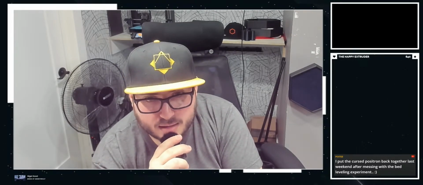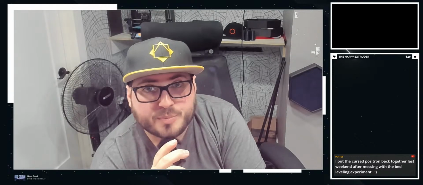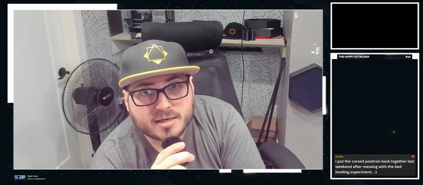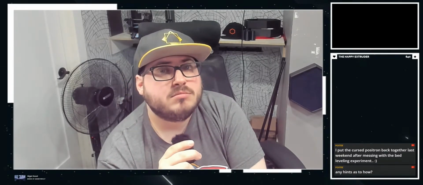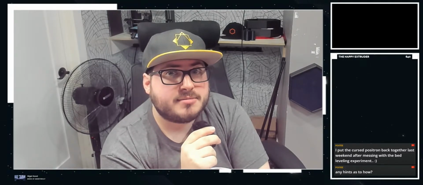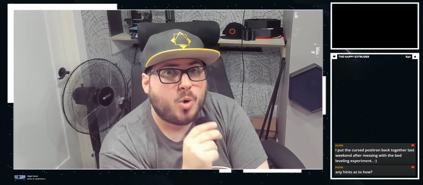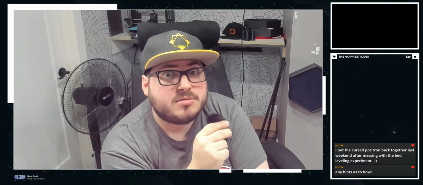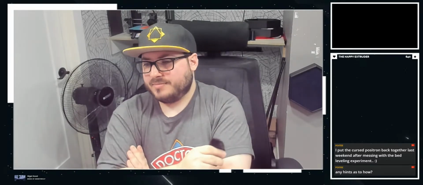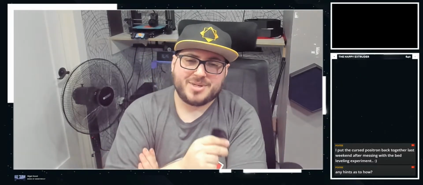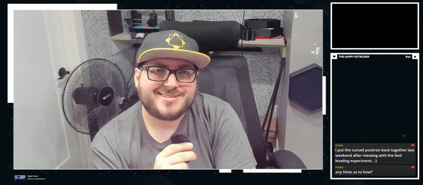Let me be clear. The probe on it is fully analog, which means you can do pressure advance automatically with the sensor, because we're using a strain gauge.